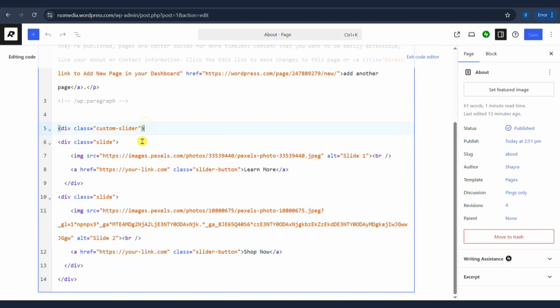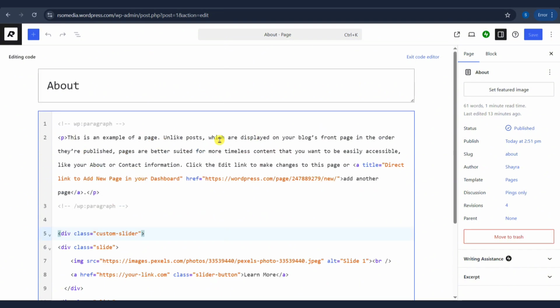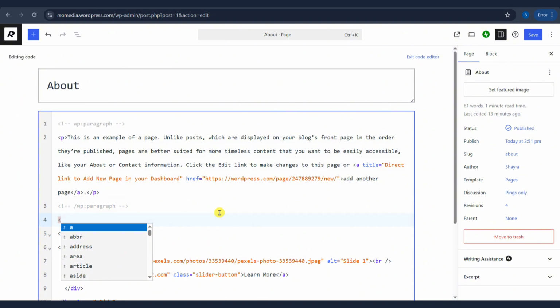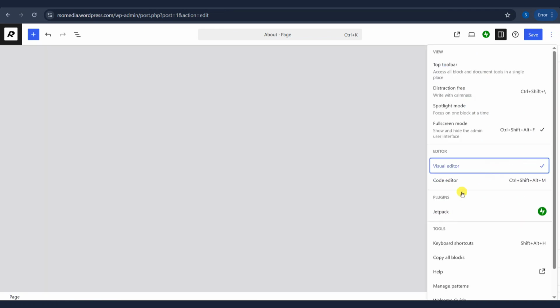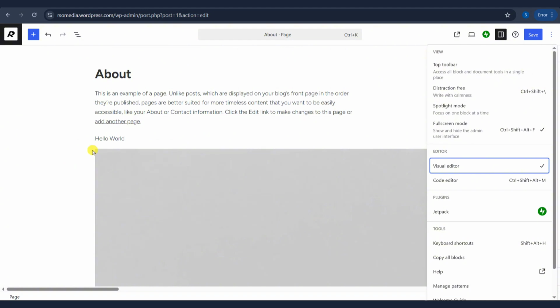So you can go ahead and add more things into this page. So for example, I want to add a paragraph that says hello world. I'll simply enter the code right into this section, and then after I have done that, I'll need to hover the mouse again into the three dots. Click on Visual Editor, and this will allow me to view the changes I've made on the HTML file code